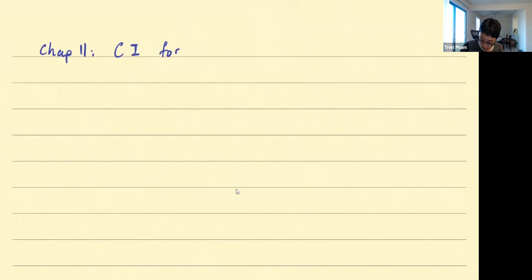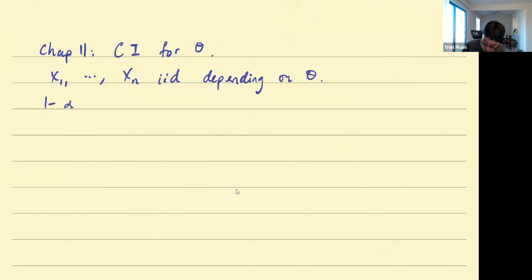We focus so far on the mean, by the way, but the idea is that we have a sample depending on theta. And what we want to look for is to construct a 1 minus alpha confidence interval for theta,